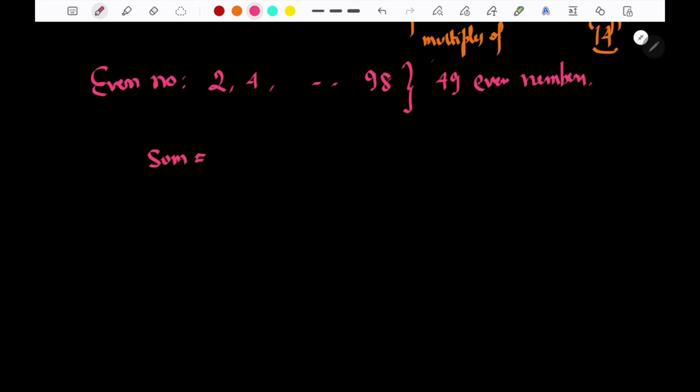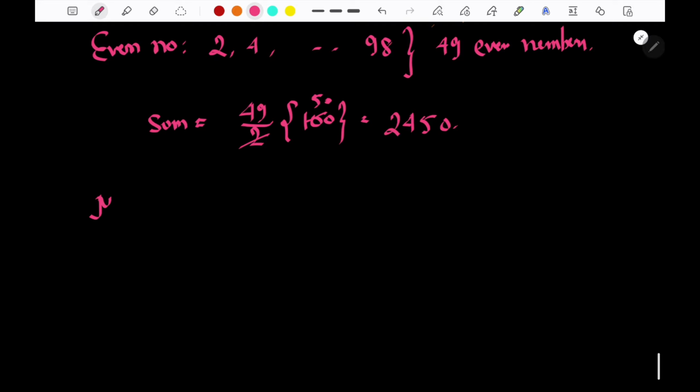We say there is an AP. So how many numbers? 49, divided by 2, times first term plus last term. 98 plus 2, that is 100. So this will be 49 into 50, that is 2450. Superb. Now multiples